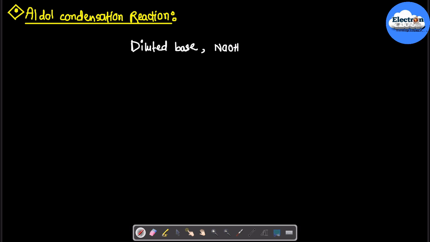So strong and dilute are different. Dilute NaOH would be something like 40% or 50% NaOH in concentration, or sodium carbonate, Na2CO3, can be used, or further Ba(OH)2, which is called barium hydroxide, is also used. This is the first criterion of aldol condensation, and the second criterion is the use of